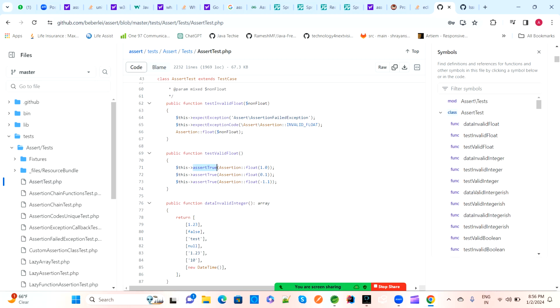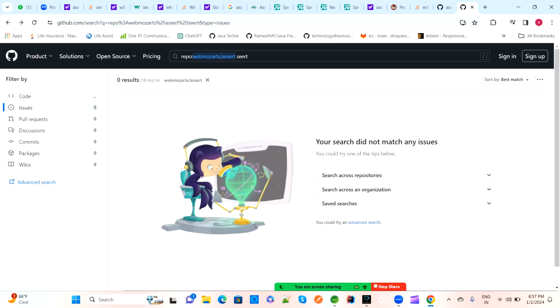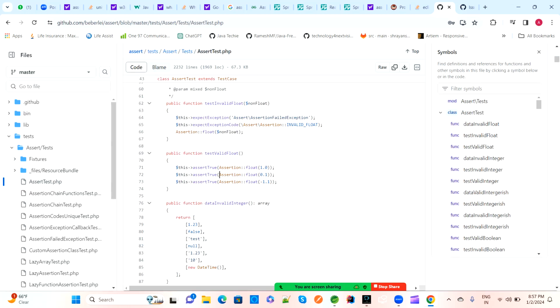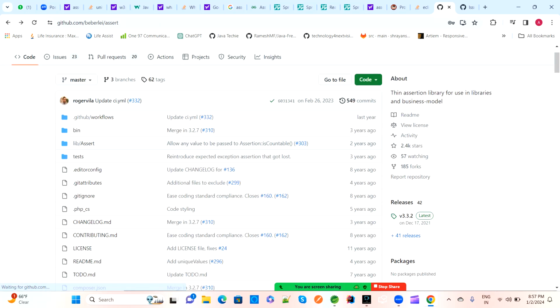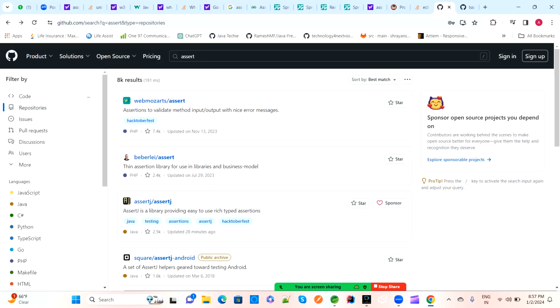So they are checking these conditions. So assert true or something. In PHP the declaration is different, but in Java we need to check. So search in GitHub how we are using assert and where. Just search "assert in Java" in GitHub and all the projects related to the same concept, Java-based, will come. Mostly I search assert, so all these projects came, but here we have to search with Java assert